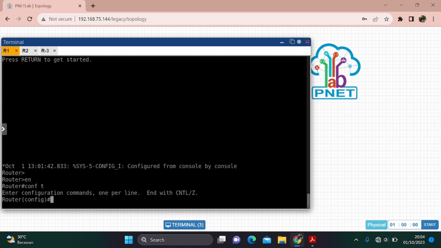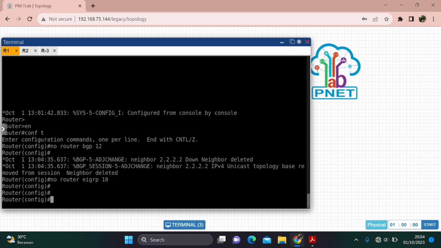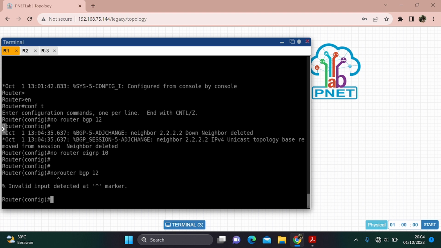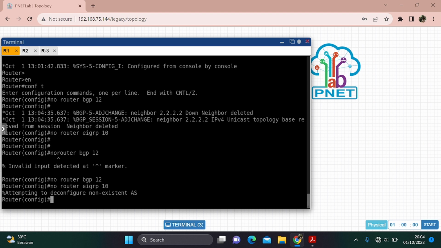Enable, configure terminal, no router BGP 12, and then no router EIGRP 10. Oh wait, this is wrong. And then no router EIGRP 10.